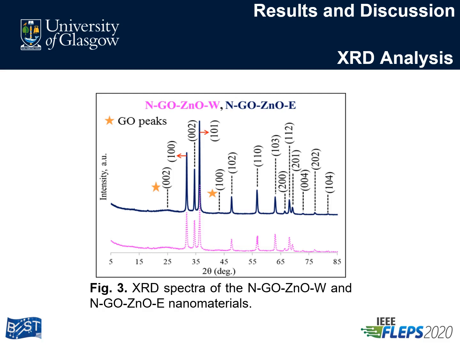The high diffraction intensity of 002 in zinc oxide nanorods prepared in ethanol represents growth of zinc oxide nanorods with a high aspect ratio, which was also observed from the HR-TEM study. Further, the absence of any impurity peak suggested the synthesis of pure hexagonal structure zinc oxide in both nanomaterials.